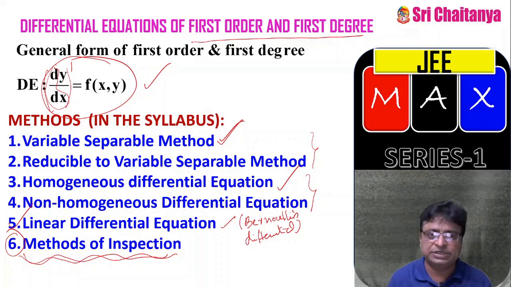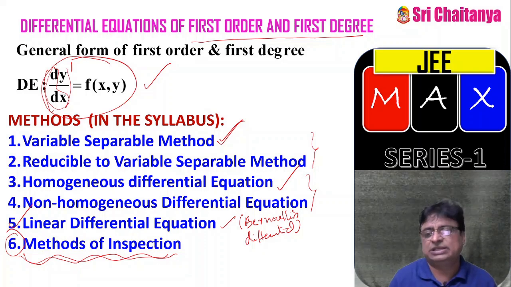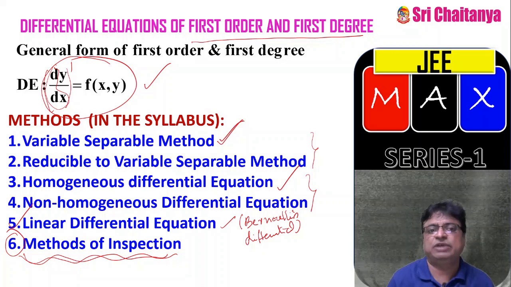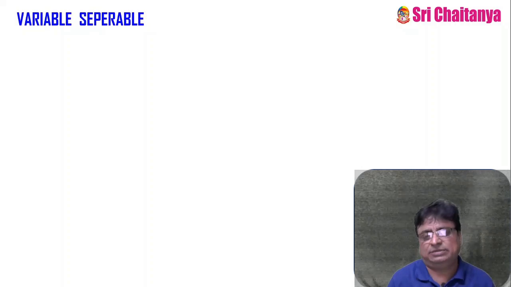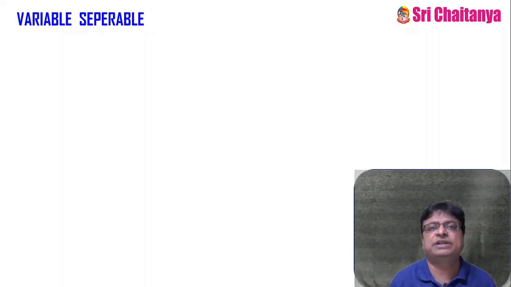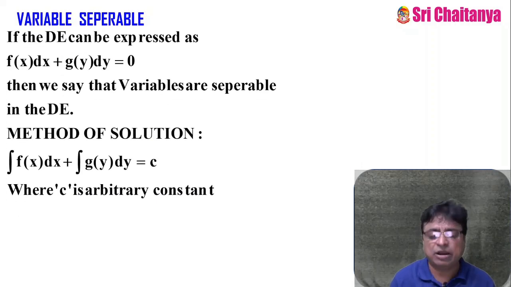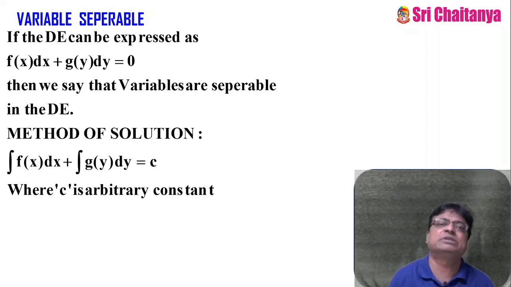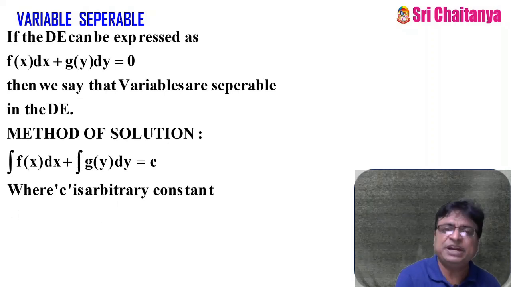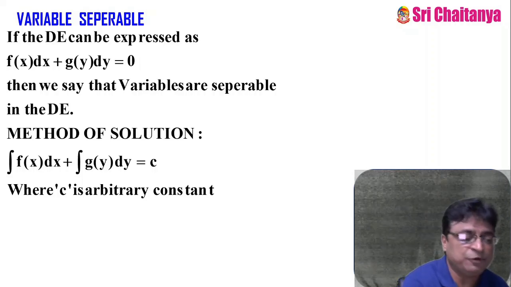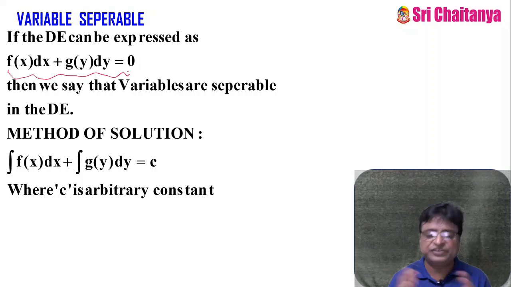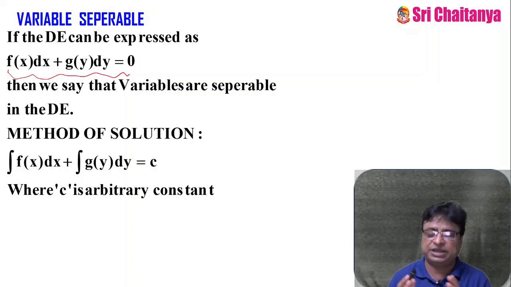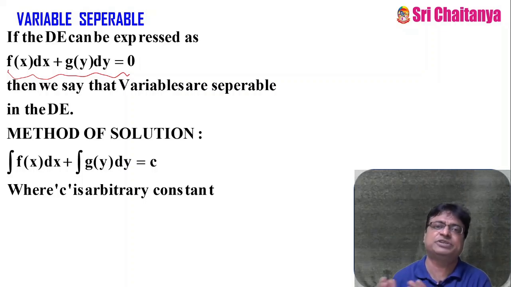But anyhow, my friends, today in this lesson 3 of differential equations, we are concentrating on the variable separable method. What is the method? How to solve the given differential equation by variable separable, and how can we know the given equation is in variable separable form? Suppose any differential equation is given for you, if it can be expressed like this, that is f of x into dx plus g of y into dy, which is equal to 0.